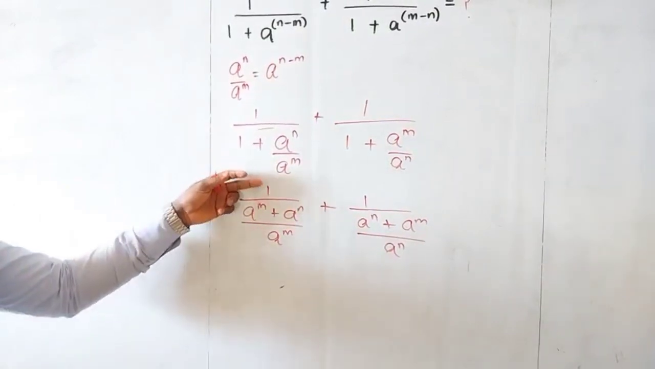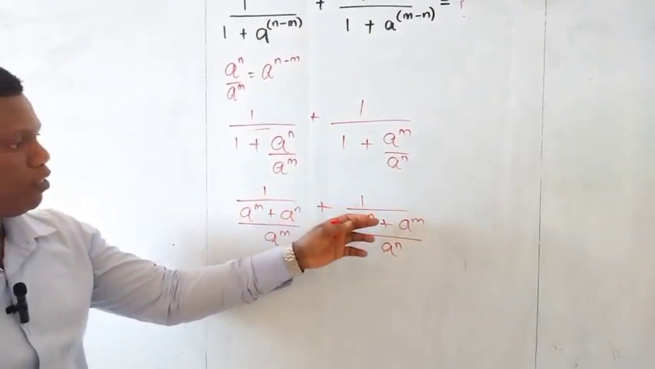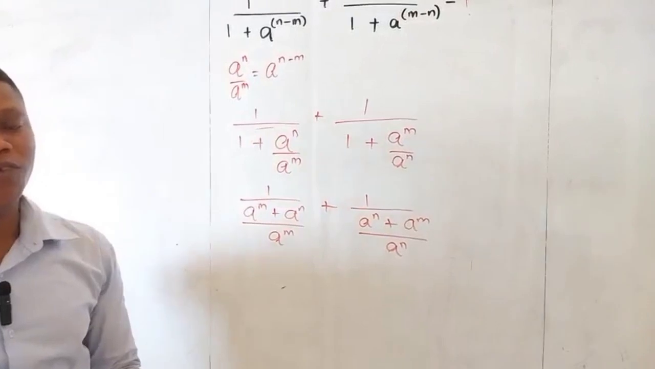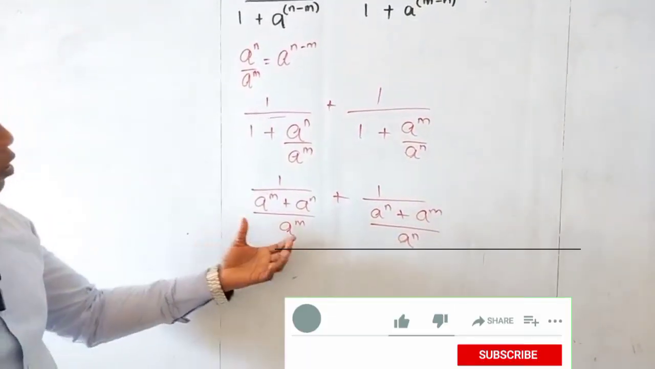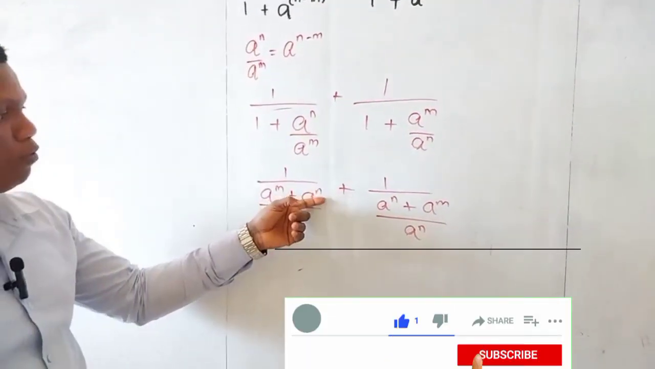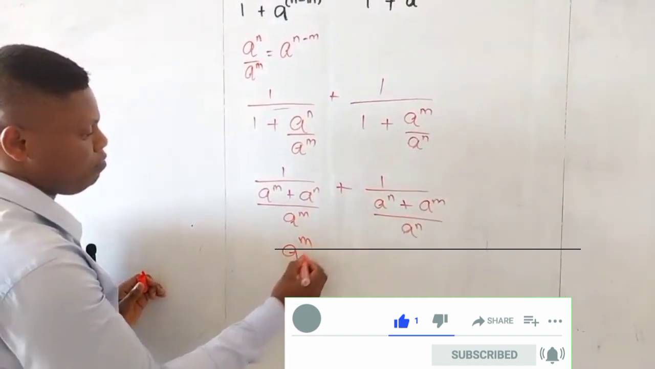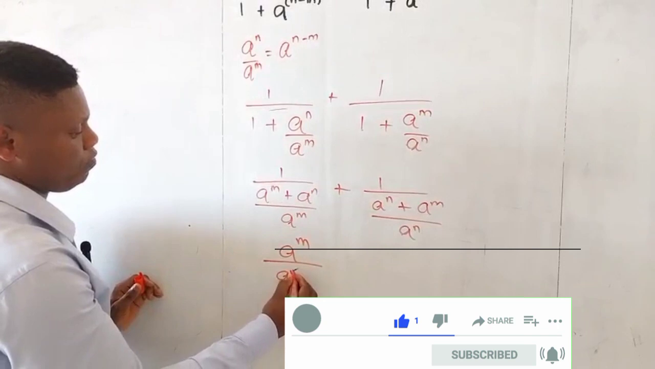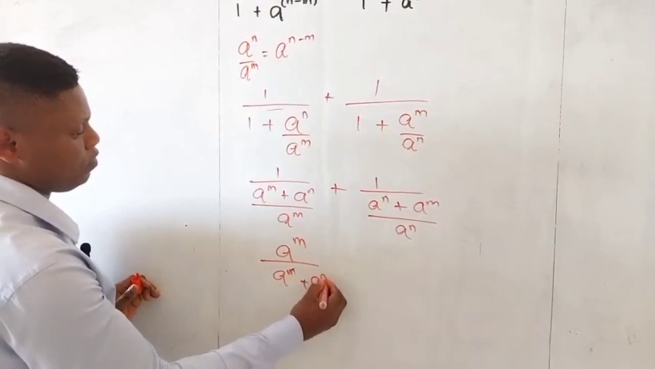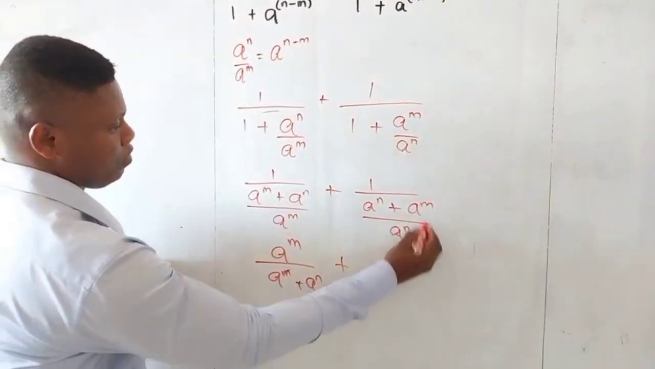Alright, so 1 over this fraction plus 1 over this fraction, it's like you're reciprocating. So the denominator swaps with the numerator of the fraction below the 1. So we have a raised to the power of m over that, plus